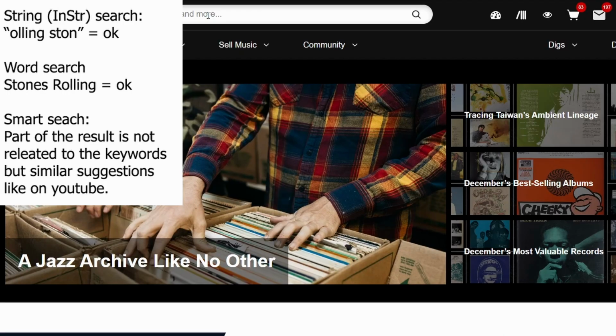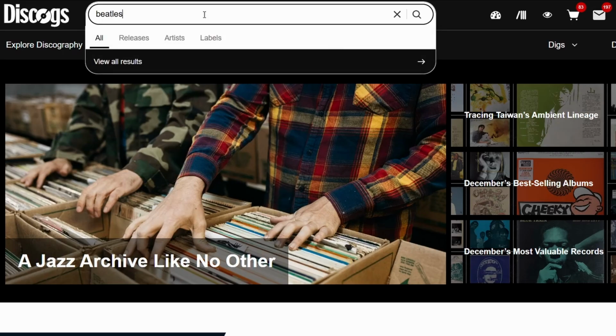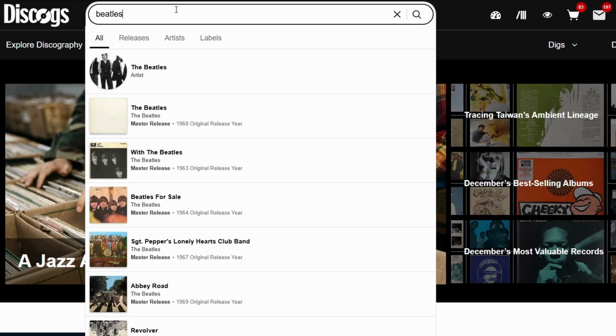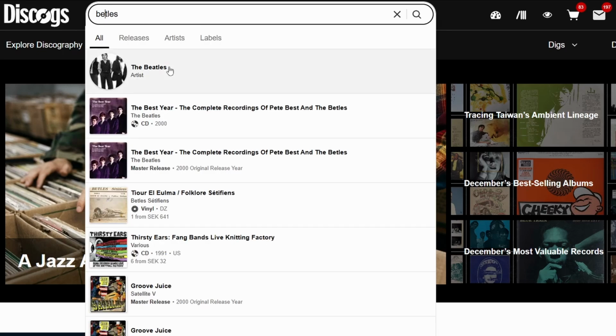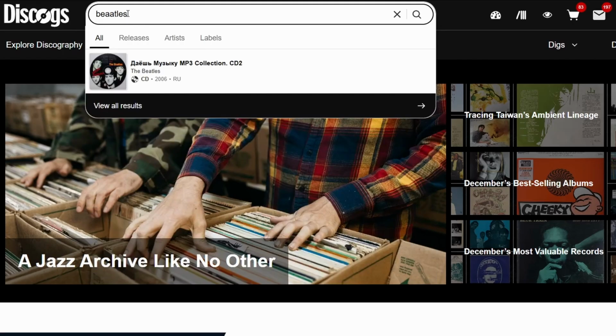Discogs uses word search. For example, if you want to search for the Beatles, you write the Beatles and they will pretty much show up on the top. If you misspell them, okay, in this example they probably added something to the search engine to make it show, but if you write two A's, you will not find them unless it's a Russian pressing. Now, if you misspell on Discogs, you will not find anything,